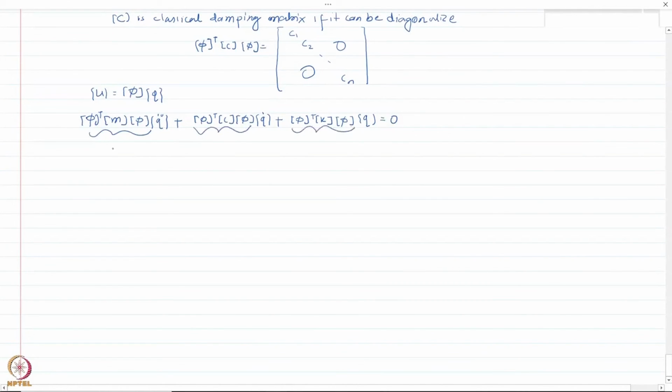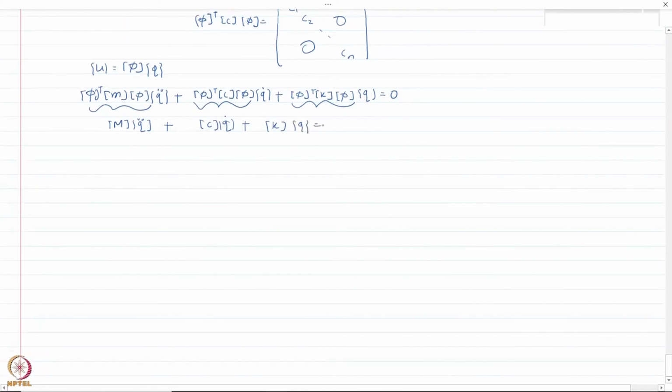So this can be written as the diagonal mass matrix times the modal acceleration vector, and then the diagonal damping matrix times the velocity vector here, and then the diagonal stiffness matrix times the